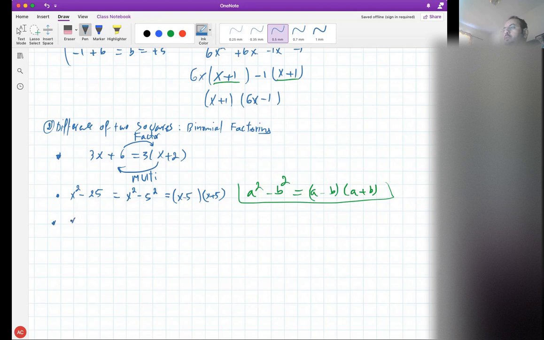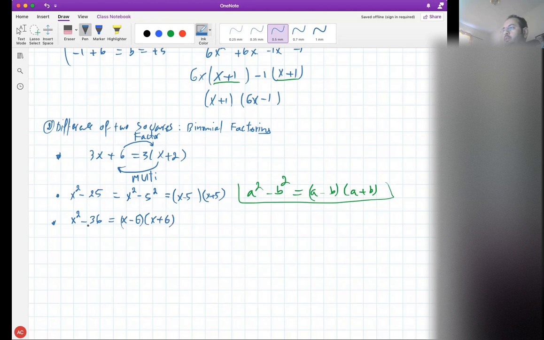So let me give you another one. x to the second minus 36. What is that equal to, according to the formula? In one step: x to the power 2 minus 6 to the power 2. That's right. So we have a square here. This is basically 6 to the second, so it's going to be x minus 6,